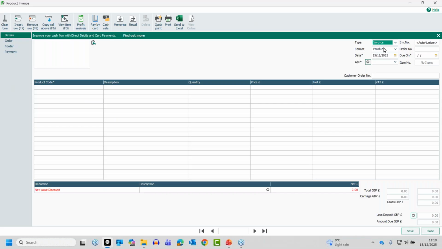So the format will default to product. And from the drop down, you can change that. You can switch to a service if required. You can set that as a default. If I just close back out,